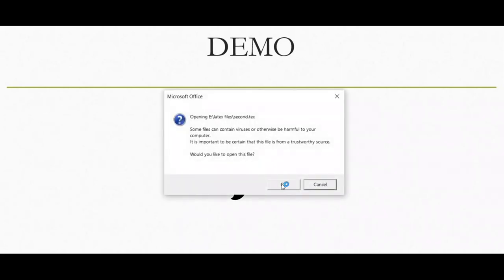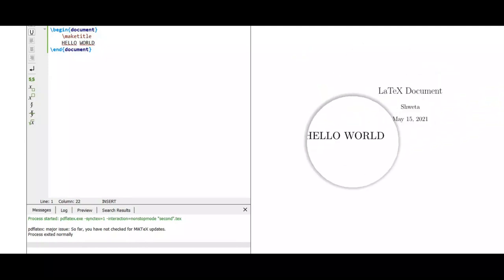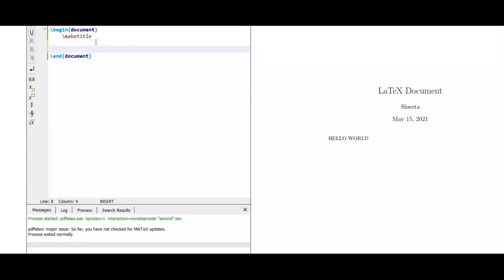So now let's see a demo. Let me show you a demo of this particular section or subsection. For that, we have to use this particular document. In the last document, I just showed you how to display text: simply the heading part, that is the title, then the name of the author, date, and some content. So today we will discuss how to use sections in this. First of all, I'm going to delete this hello world and